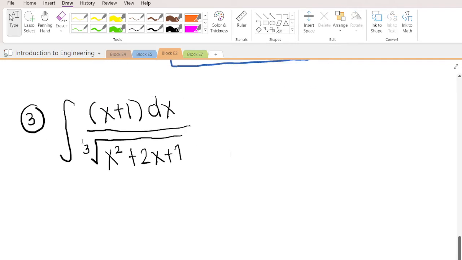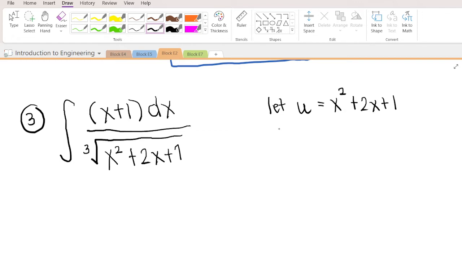Okay, the third item is this. So I think we have discussed this one. I don't know if I have discussed this one in my other class, but I think it's easy to spot the difficult looking expression. So the one that we are going to let u be here should be x squared plus 2x plus 1,